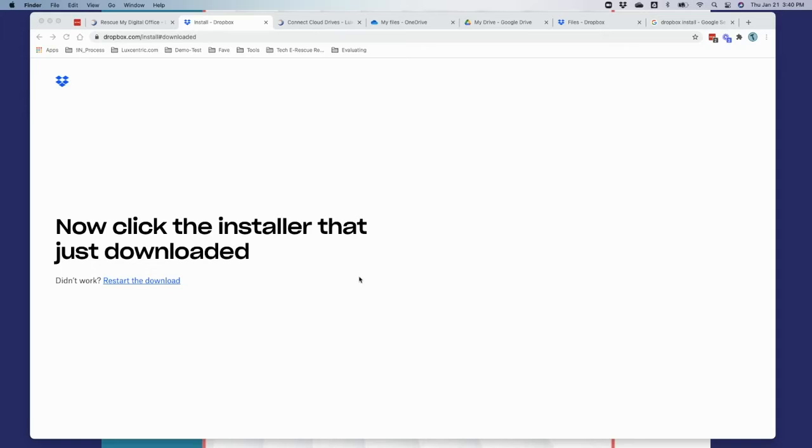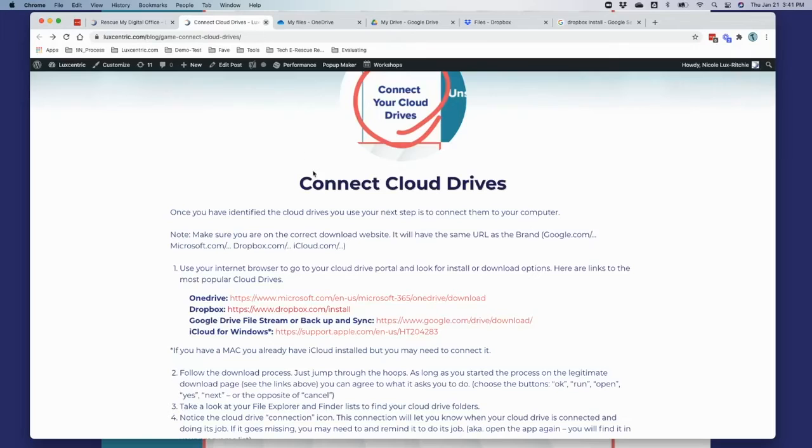Once you have your Dropbox installed, you may need to open the program. For the Mac, you'll want to go to your launcher, so you'll see where all of your programs are, and you can open your Dropbox. If you're on the PC, you would go to your Start menu, and you can find Dropbox from there. Chances are pretty good that once you go through this download process, it will walk you through and open the program and allow you to sign in. So in the case that it doesn't,